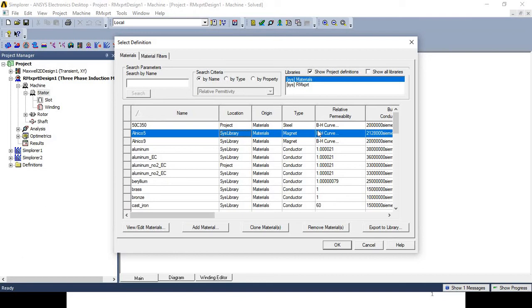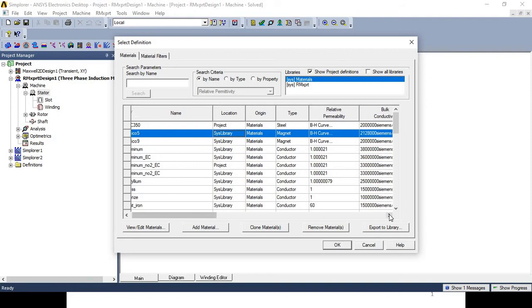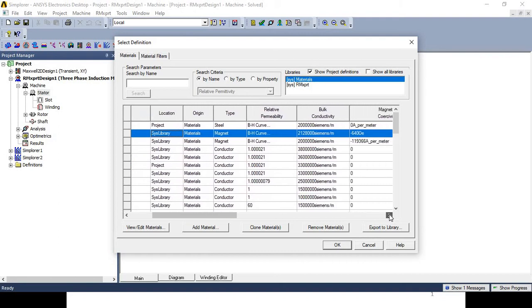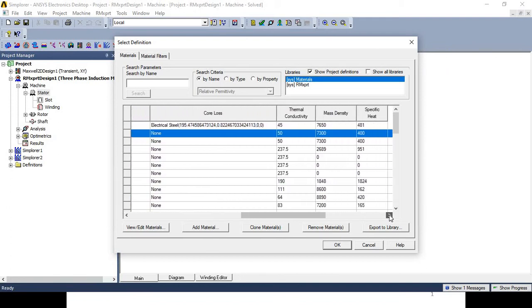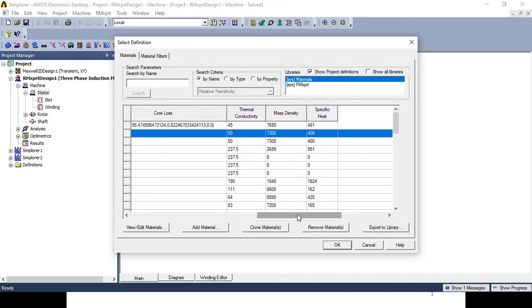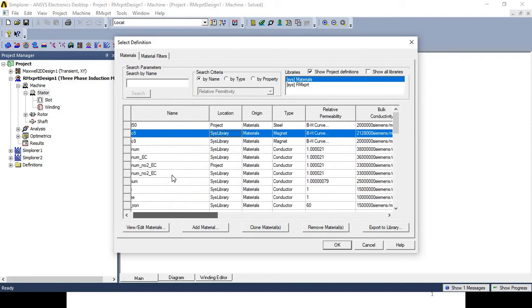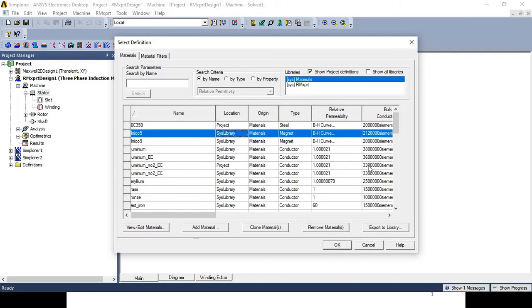This list is provided with additional properties of the material like name of the material, location, origin, then type, relative permeability, bulk conductivity, then magnetic coercivity, then core loss, thermal conductivity of that material, mass density, specific heat, etc. If you do not have an idea about these properties, you can go through the properties of the different materials and select the material as per the requirement of your project, or the material which best suits the subcomponent of the selected motor.